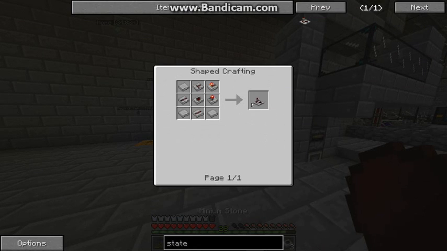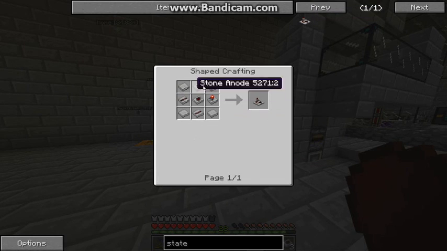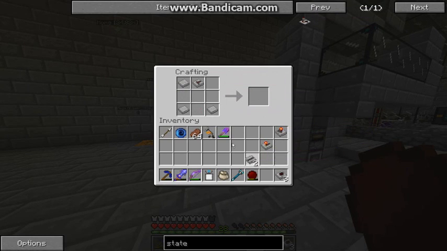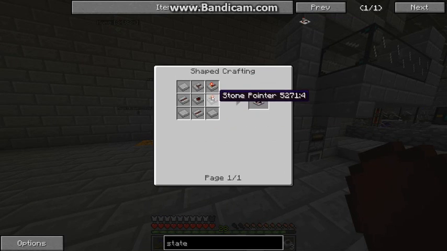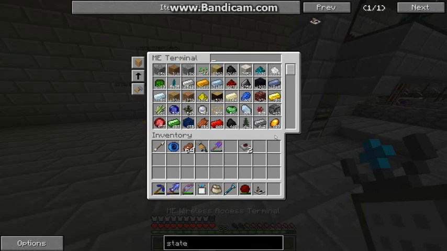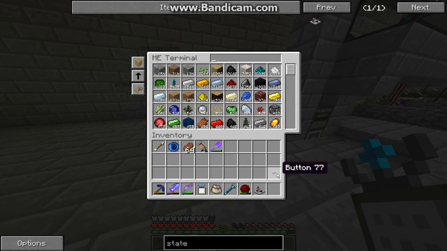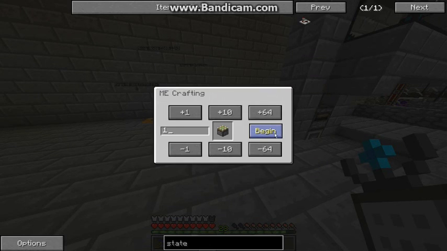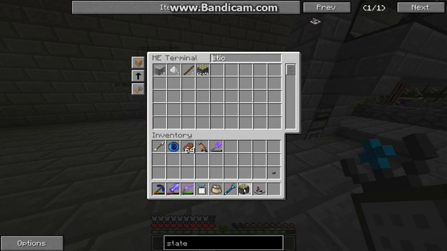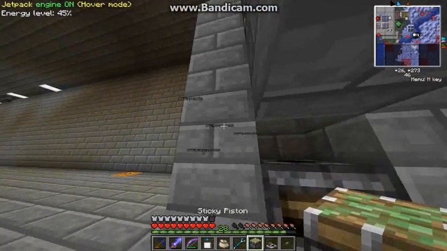And for that I'm making myself a state cell. From red power, this is basically going to hold a pulse for a certain amount of time, and then it'll turn off. Boop, there we go. And a button and a sticky piston. There we go. And now we'll